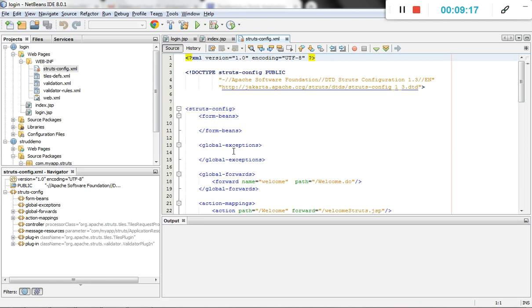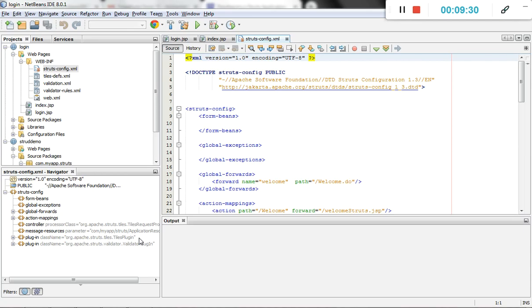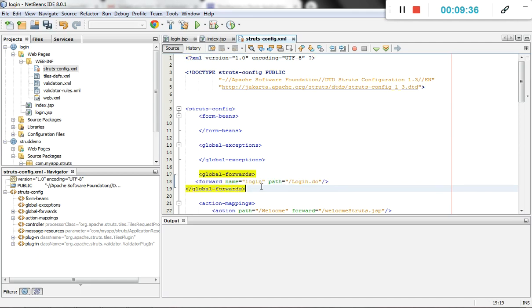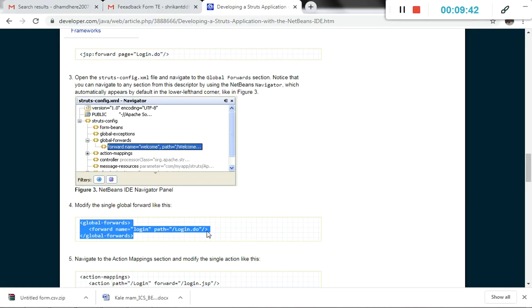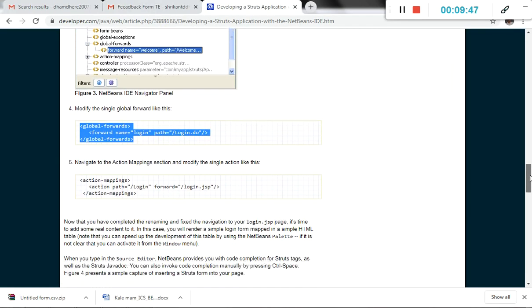Under the global forward we want to change the name to login and the path to login.do. We just replace this portion under the struts-config.xml.